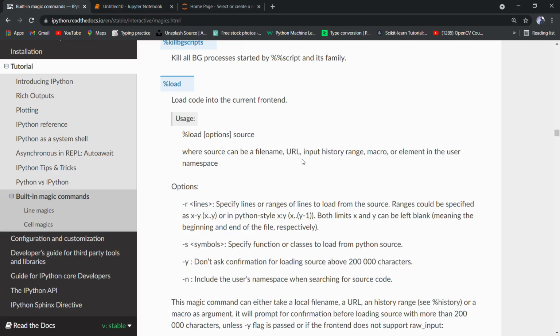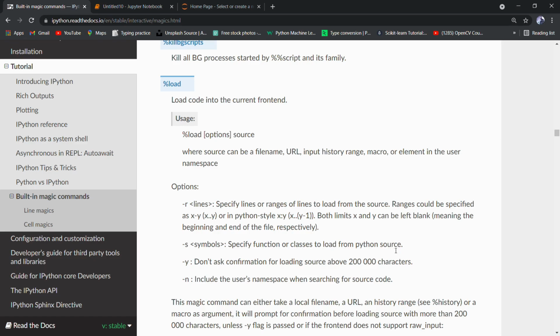In documentation we can see that it is defined as load code into the current front end, and it has a few arguments like r, where we have to specify the range of lines to load from the source file. Second argument is s, specify functions or classes to load from Python source.